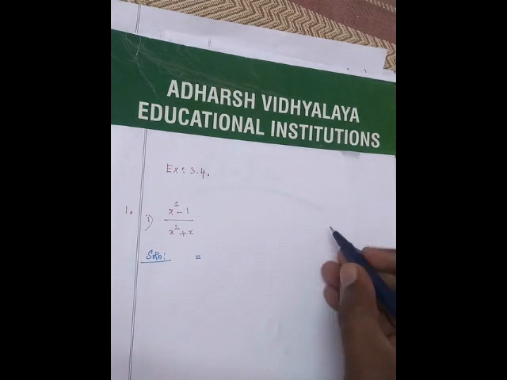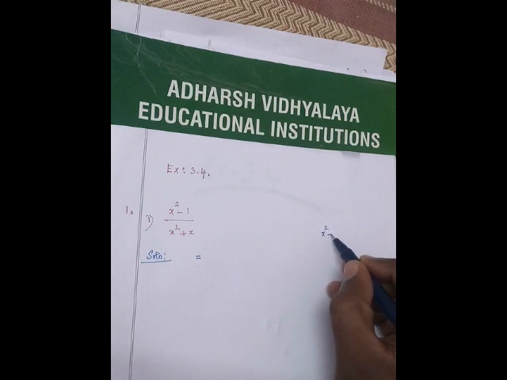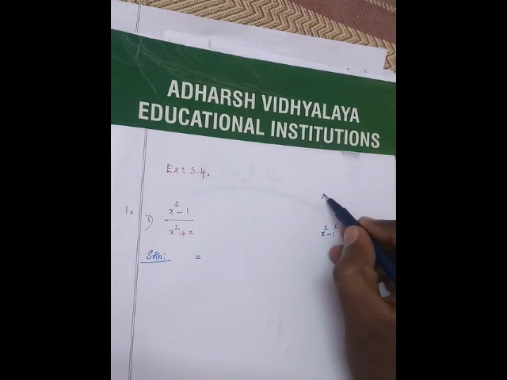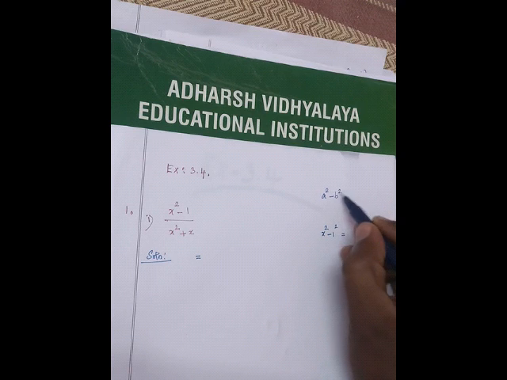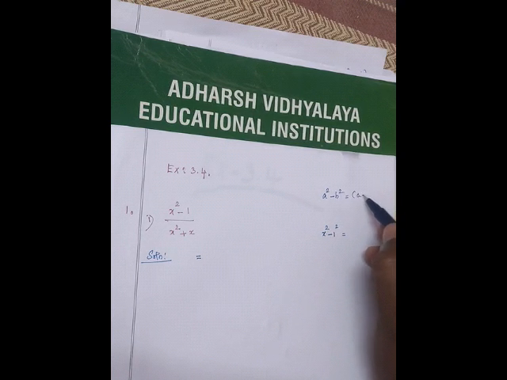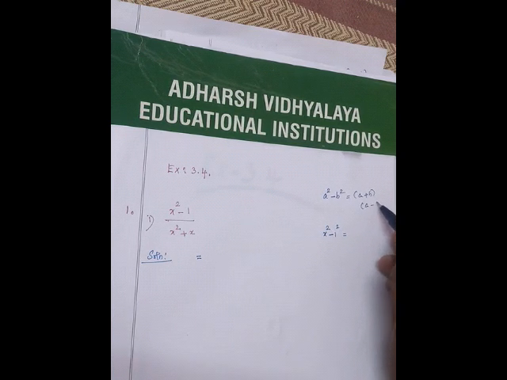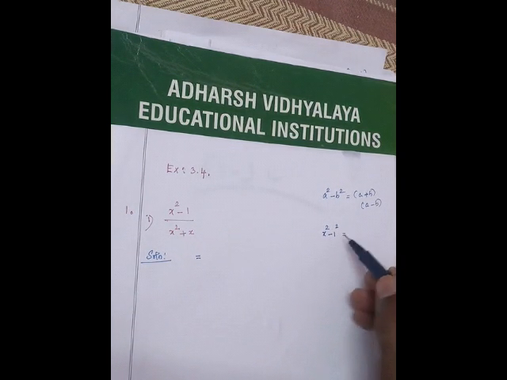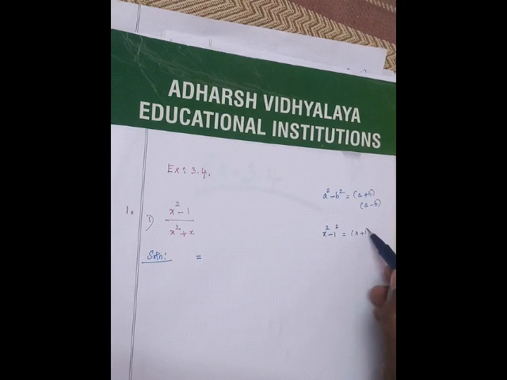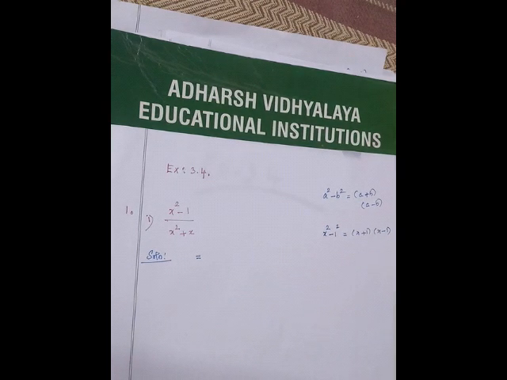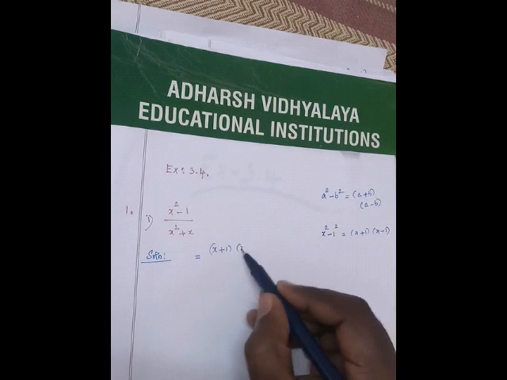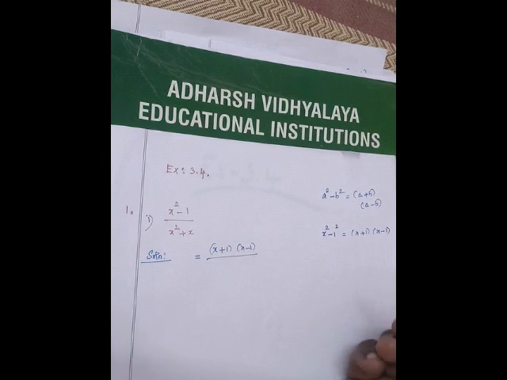The first one, x square minus 1. This x square minus 1 is nothing but x square minus 1 square. You have learned the algebraic identity a square minus b square equal to a plus b into a minus b. So x square minus 1 square is equal to x plus 1 into x minus 1. So I am going to replace it with x plus 1 and x minus 1, divided by this